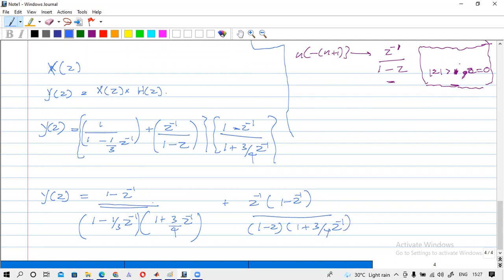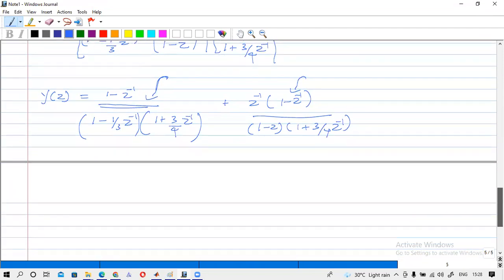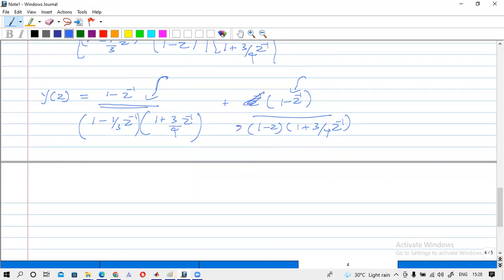Definitely you have to use partial fractions for this one, and for this one as well. The problem is that if we get this back, it will be